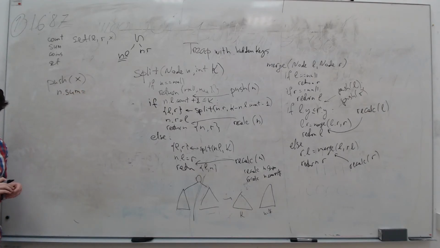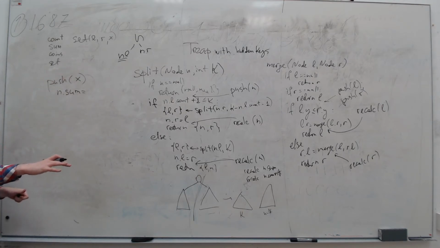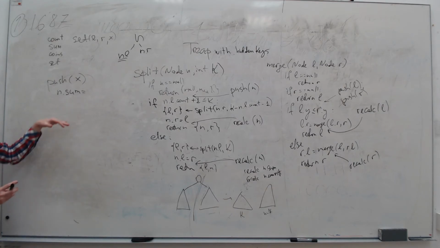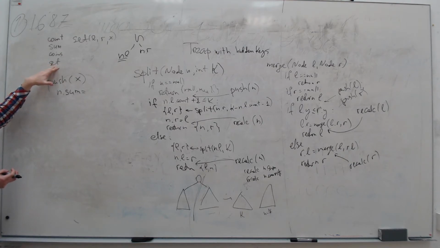What is n dot sum equal to? And we are setting to sum. Yeah, we make the set operation: please make all the people from L to R have exactly X coins. So it's not add, we set all of them to have X coins. So right now, when you push, you know that everything in the subtree has exactly X coins. To be more precise, exactly set coins.